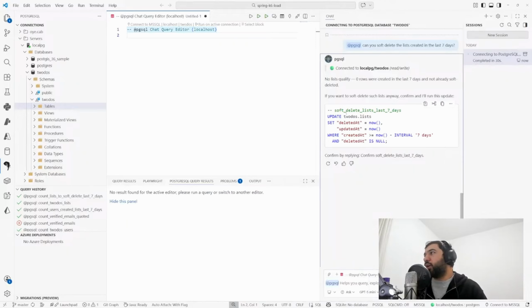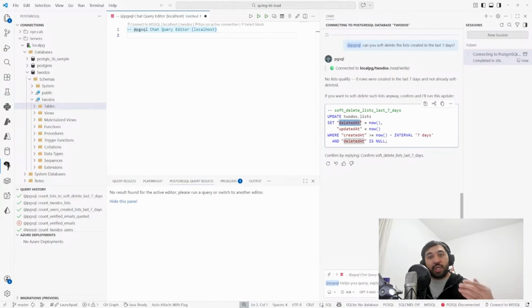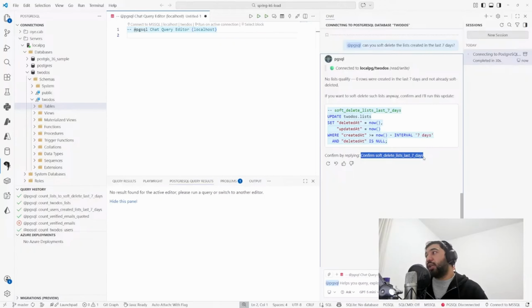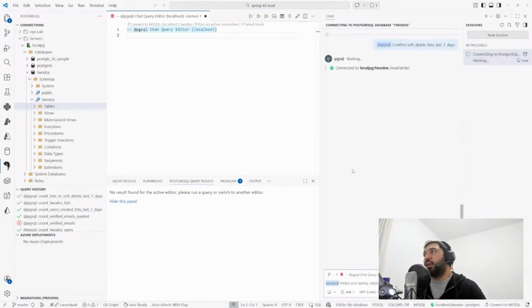So yeah, now it says, for example, update. And an interesting thing is it understood that instead of executing a drop or delete query, I need to use the update query and set deleted at to now. So that was really, really nice. And I think I also really like this extra check where I can